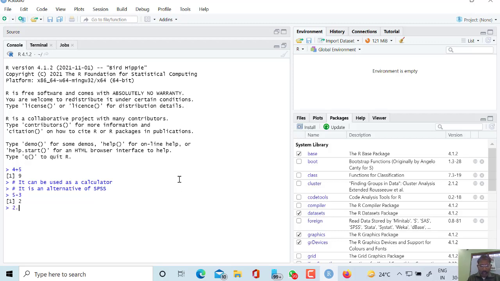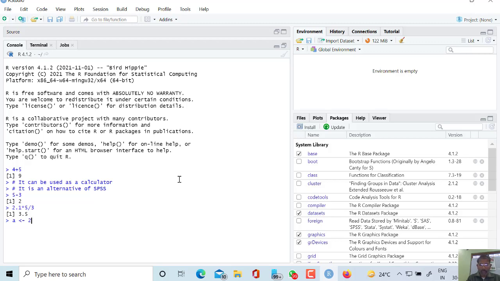For a decimal number, you can directly write 2.5/3. You can do it like this, so you can see that the result is displayed. Here you can store a variable also, by writing this arrow sign.